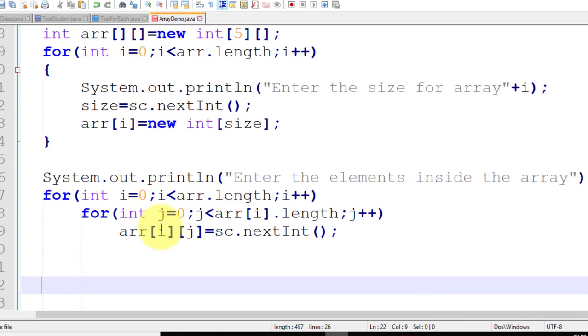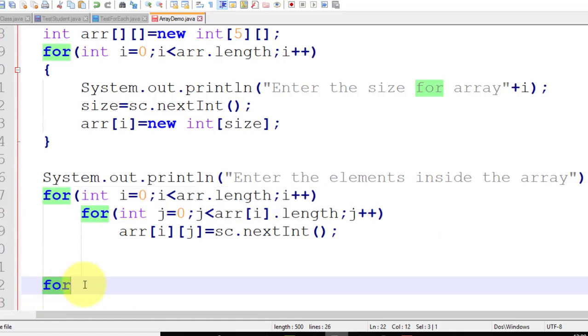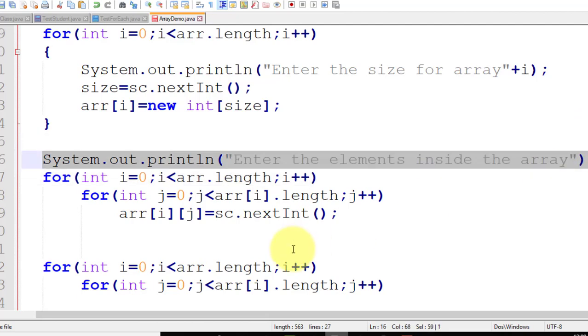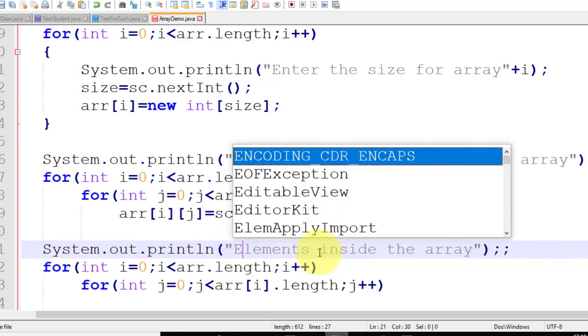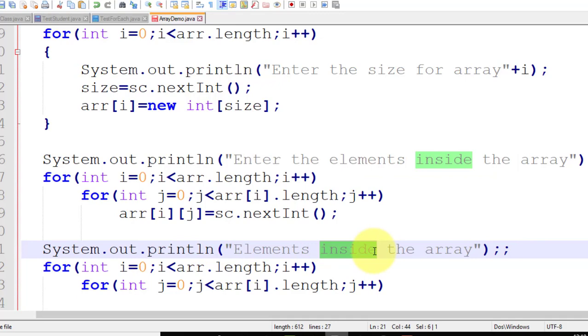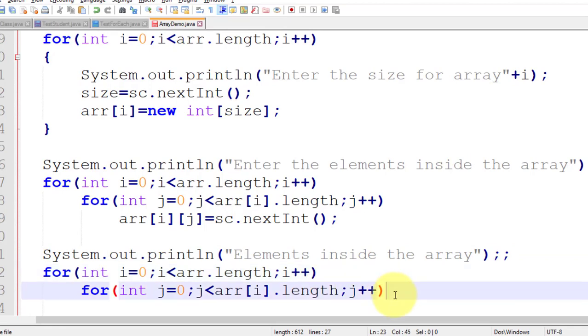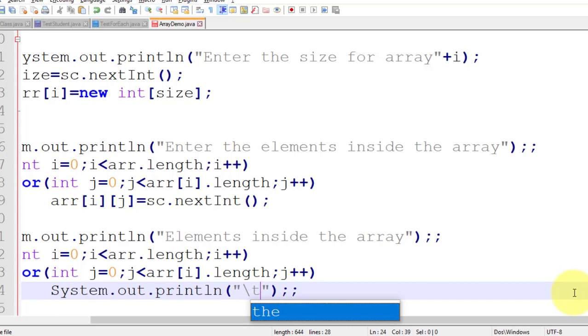Now for printing, again the same thing, I will use it. So I'm printing one by one.